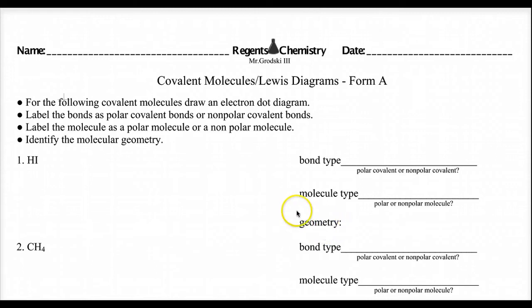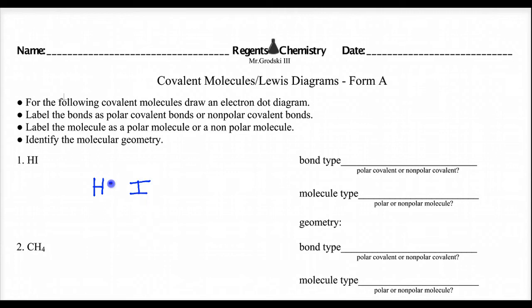And what's interesting is all this information, including bond angles, all results from Lewis dot diagrams. So starting with the Lewis dot diagrams, a lot of information can be had. So let's start with our first structure, HI. Okay, always good to start with a HI. So we have H and we have I,